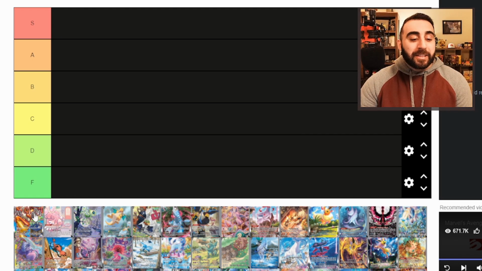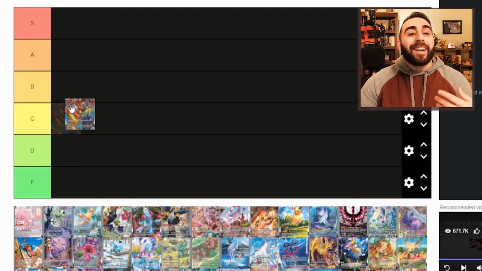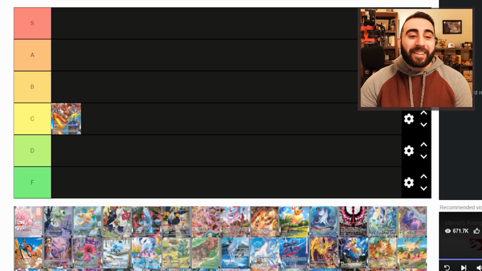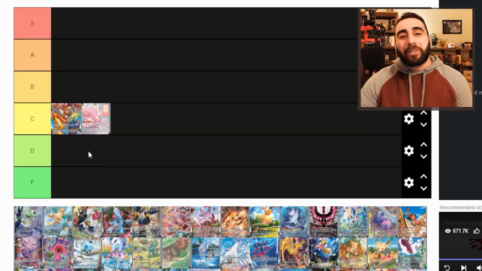So let's get started with this Blaziken VMAX art that I know a lot of people love. I'm just not crazy about it. The art is pretty cool, and I love having other Pokemon in the landscape and everything, but something about it I just don't really care for. I also don't really like Blaziken that much, so that probably has something to do with it. Blissey V is also fine. They kind of have similar art styles, and I'm just not really a huge fan of that art style. I also don't really care for Blissey, so...